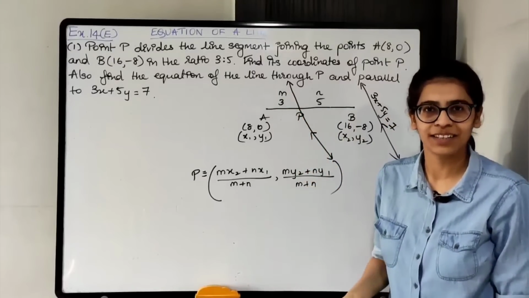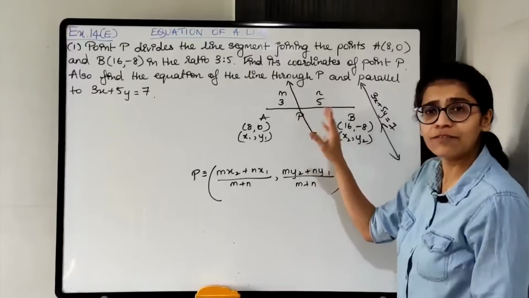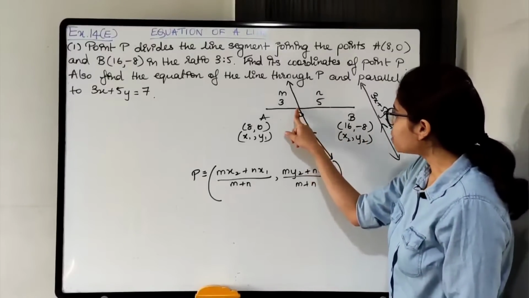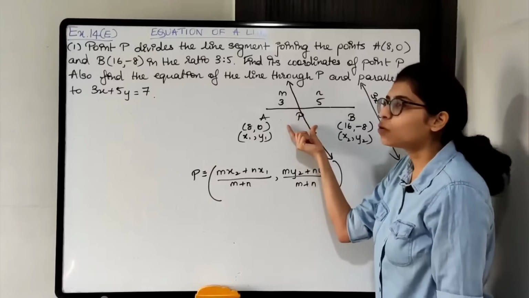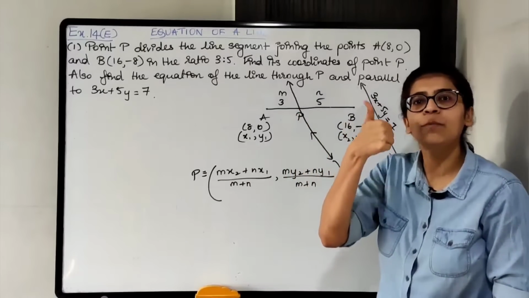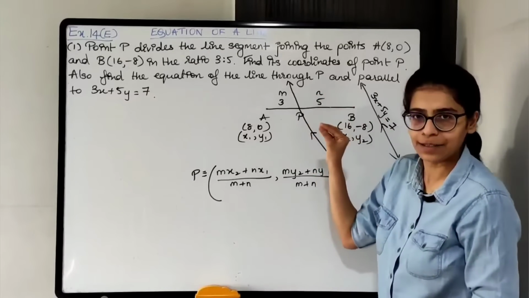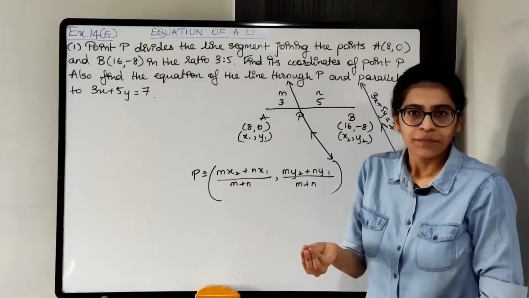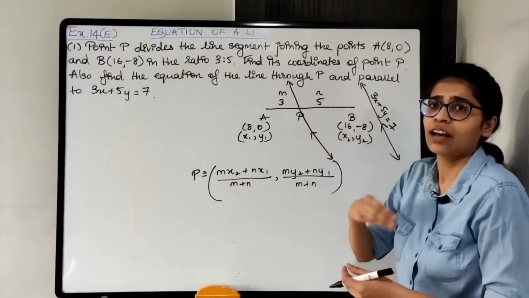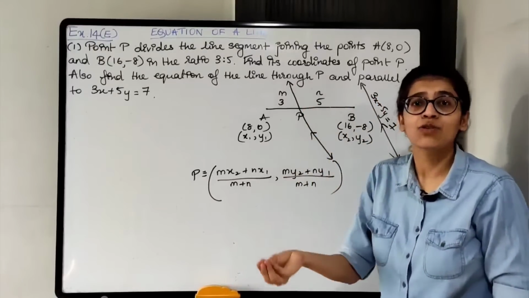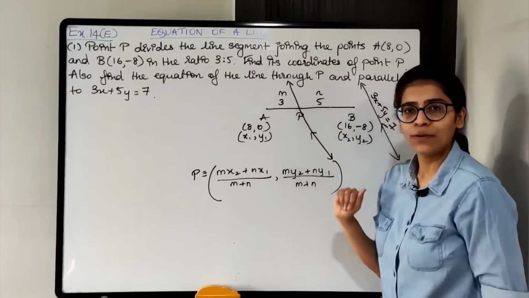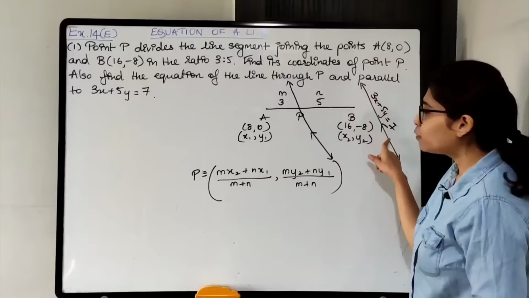कैसे find out करेंगे? For that first I need slope. है ना? Slope चाहिए. I know it is passing through point P and P का coordinates I'll get. Okay? P का coordinates मुझे पता है. So I have one point का coordinates which is lying on the line. I need slope. How will I find the slope? The two lines are parallel, so they have equal slopes, same slopes. जो भी ये slope होगा, इसका slope होगा, वही इसका slope होगा. I can easily find the slope of this line.